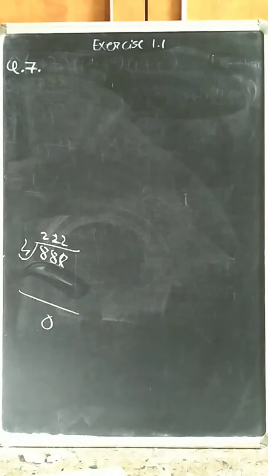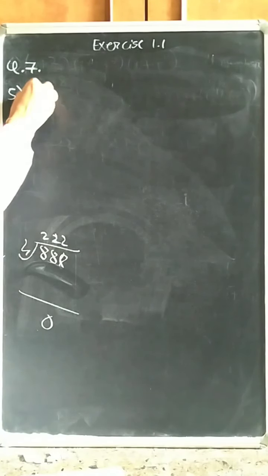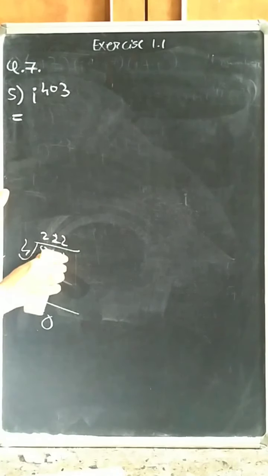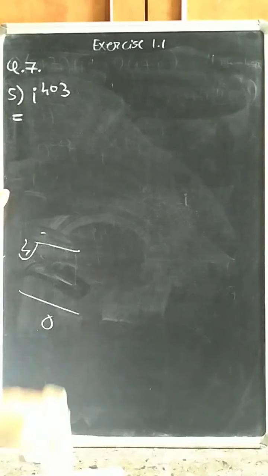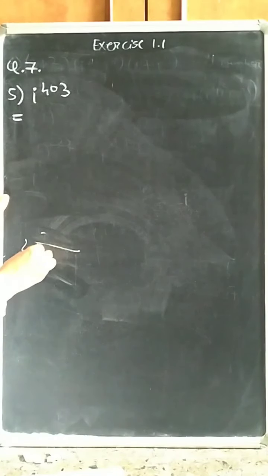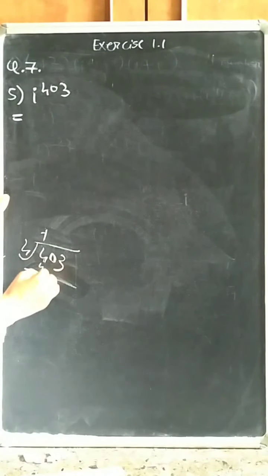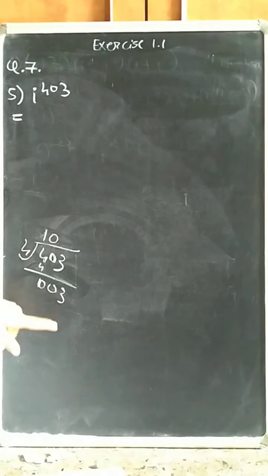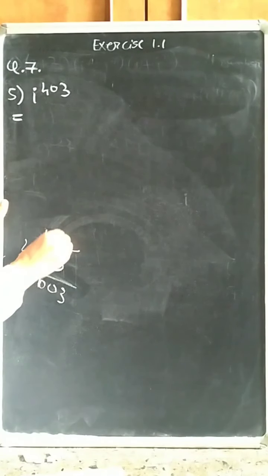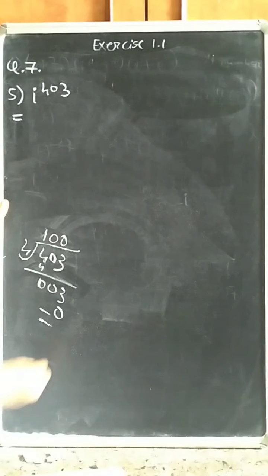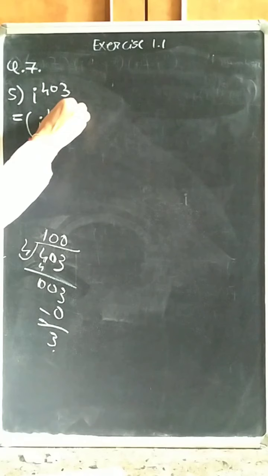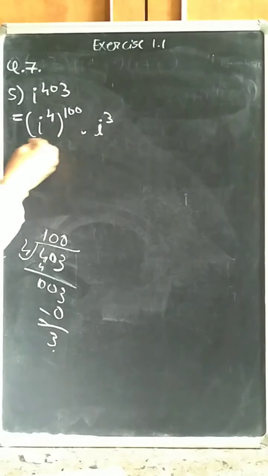Now next is i raised to 403. Fifth one. i raised to 403 equals... we divide 403 by 4. 4 ones are 4, 0, 0, 3. This 0 is 0 over here, and 3 is 3. Again we put 0. Remainder is 3. So we write it as i raised to 4 raised to 100 into i cube,